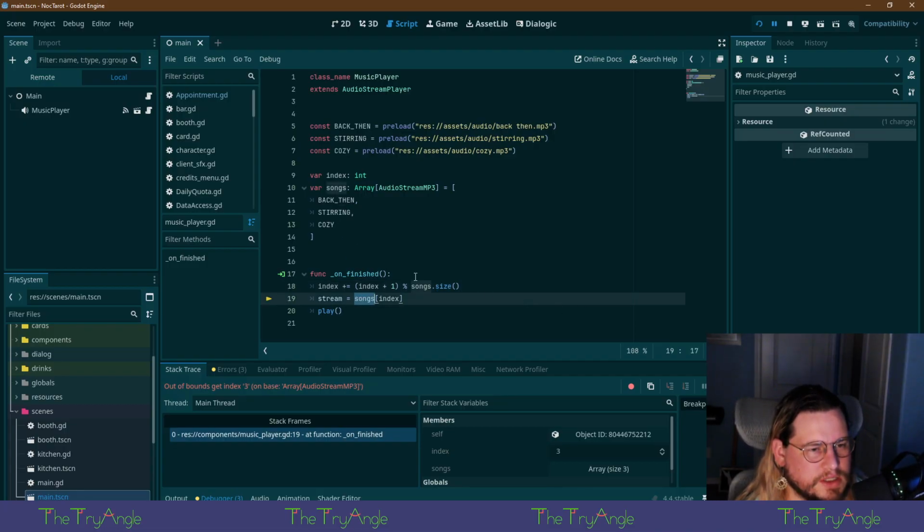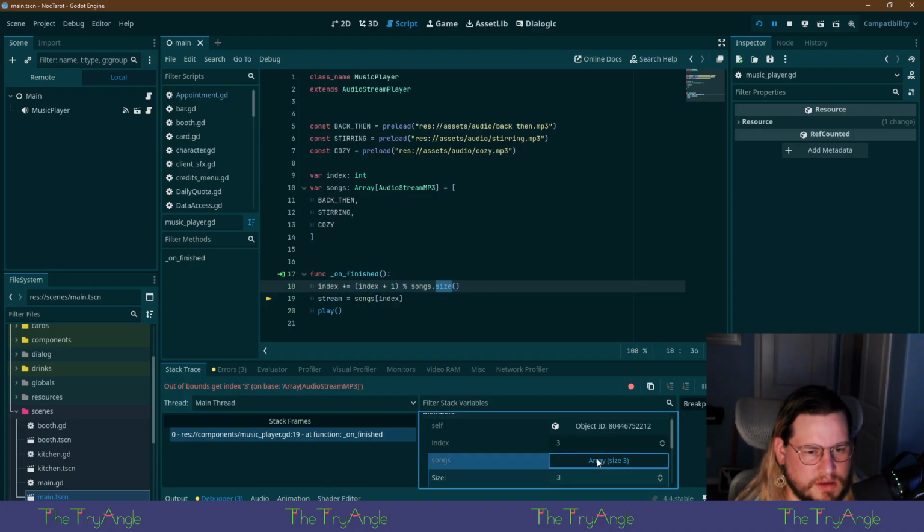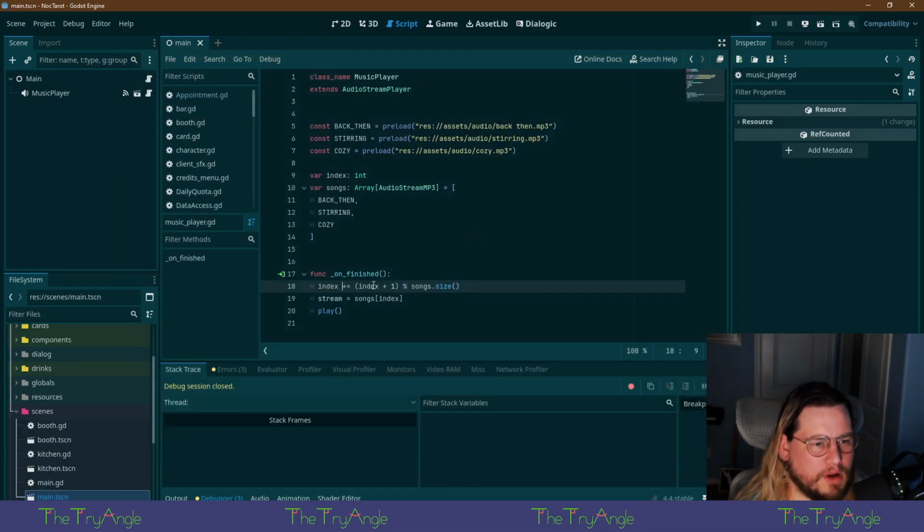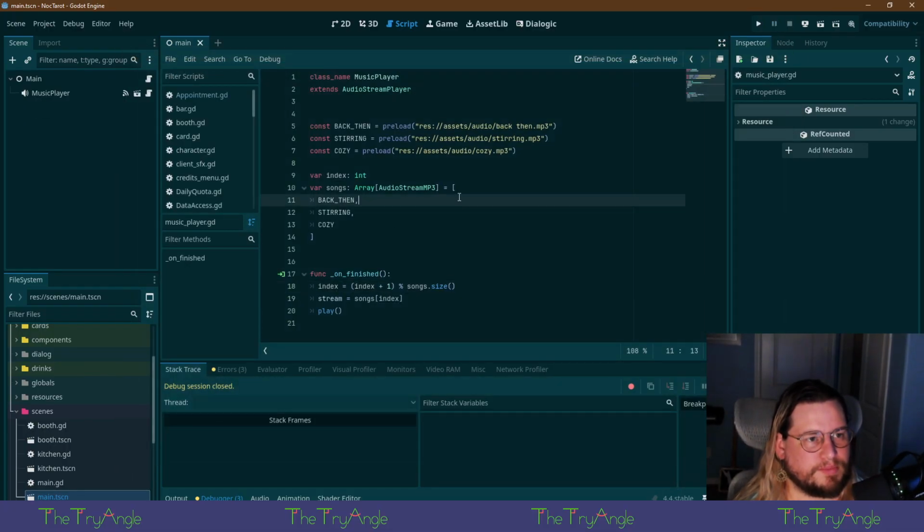I know it is, I just don't know how you arrived at this conclusion. The size of the song's array should be 3, yes? Yes, 3. Index plus 1. 2 plus 1 is 3. Modulus 3 should be 0. Oh, well, that's a silly mistake.